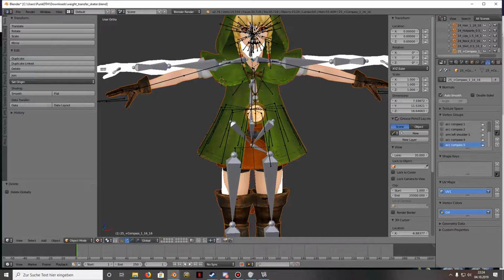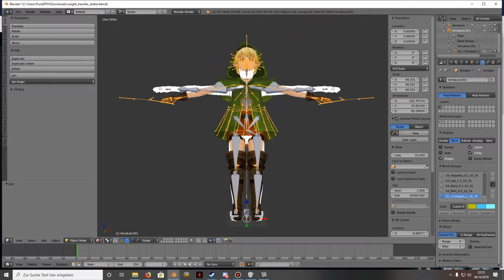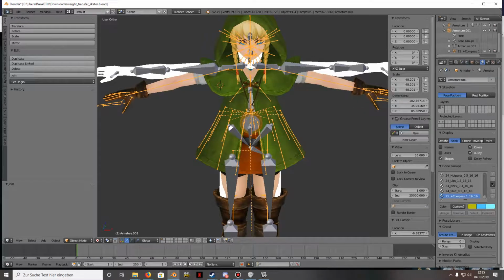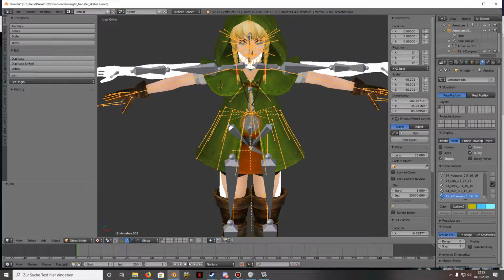So we can join her meshes together. Control J. Now let's get to the rigging part. We mark her skeleton, go into pose mode,